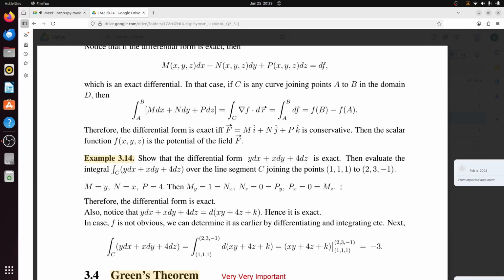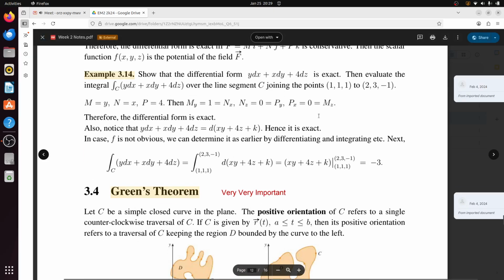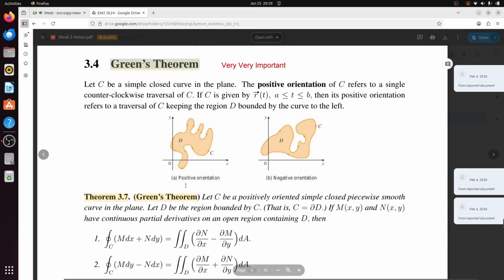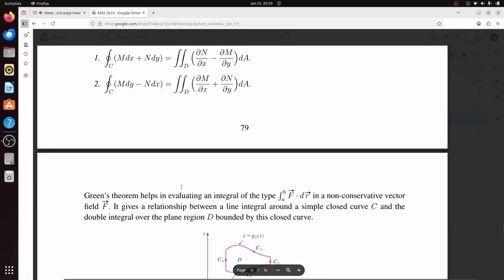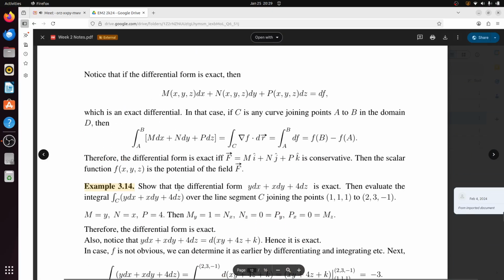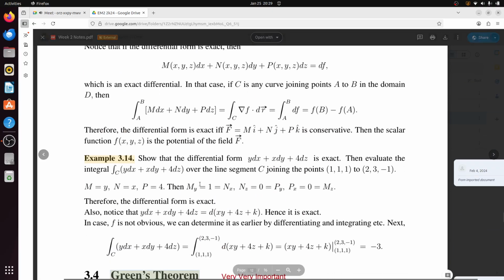मैं इस स्लाइड पे I will keep it for 1-2 minutes. In the next class I will start a very very important topic called Green's theorem. We will discuss problems on Green's theorem and all. ठीक है, अभी मैं ये वाला प्रॉब्लम आपके लिए ओपन रखता हूँ, आप थोड़ा इसको देख लो. ठीक है,